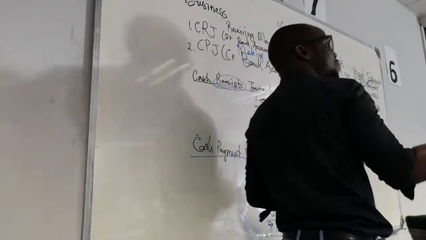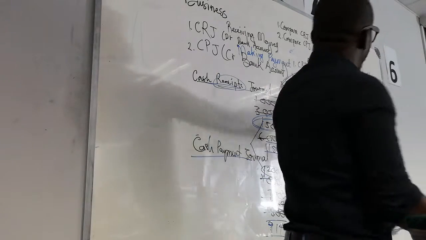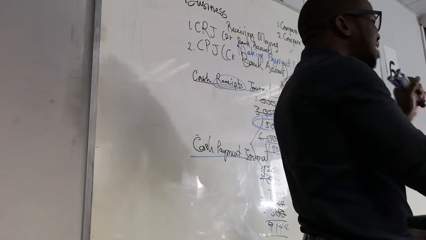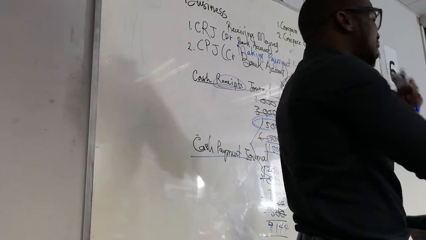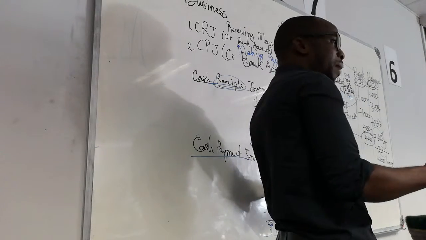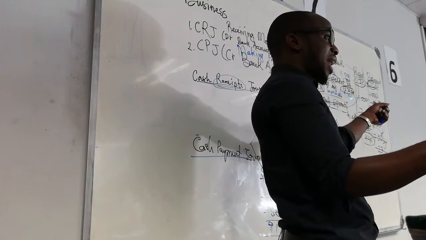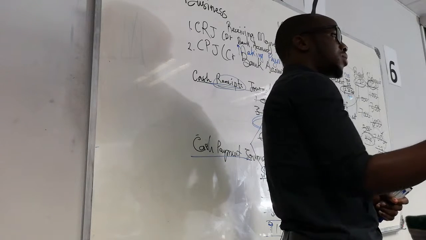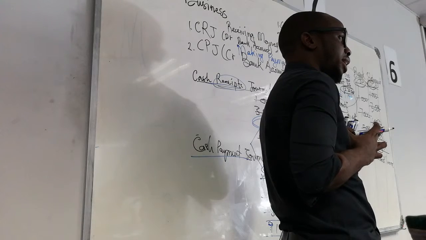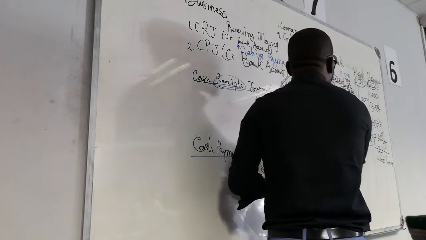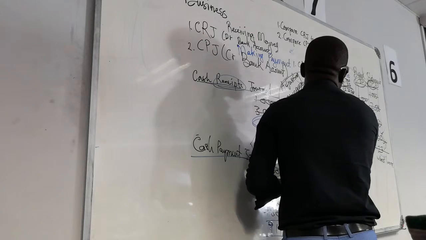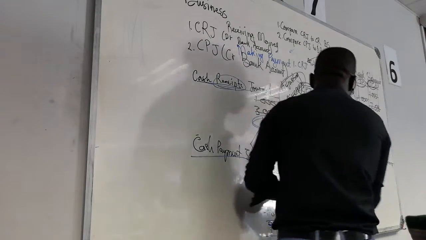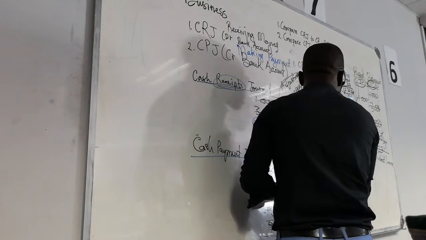Let's say we are working with a positive bank balance. If it's a negative, the 1st will be on the credit side. Are we together? If we keep on having money in the bank, we are going to keep on having a debit balance, which they will call a credit balance. The bank will say that you've got a credit balance of 300, and we will say we've got a debit balance of 300. That will say that we've got a balance BD on the debit side. Then we've got a total here, a total here, and then a balance BD on the debit side.